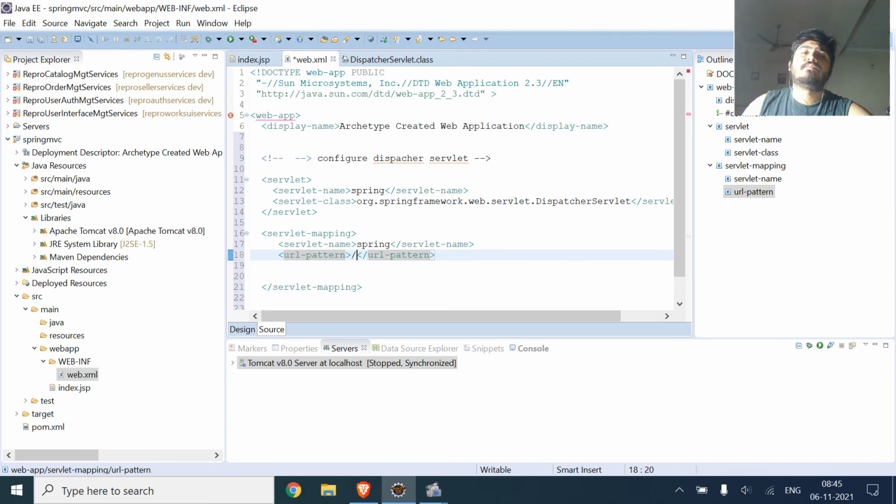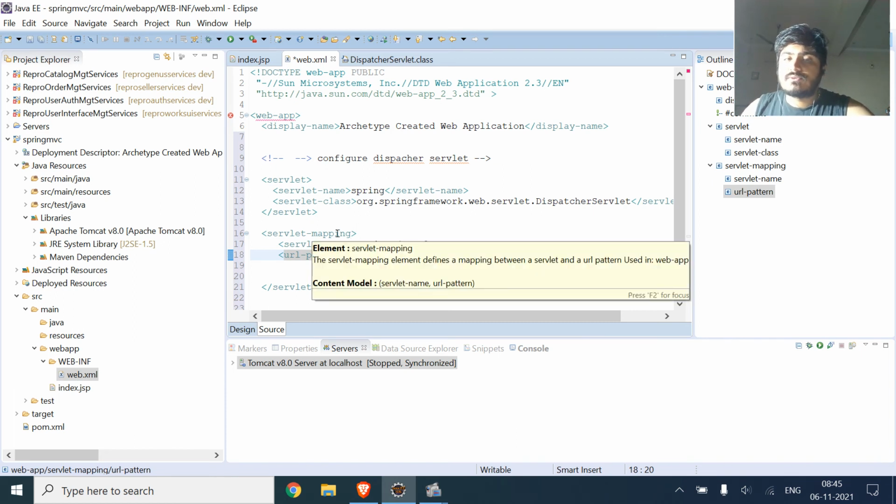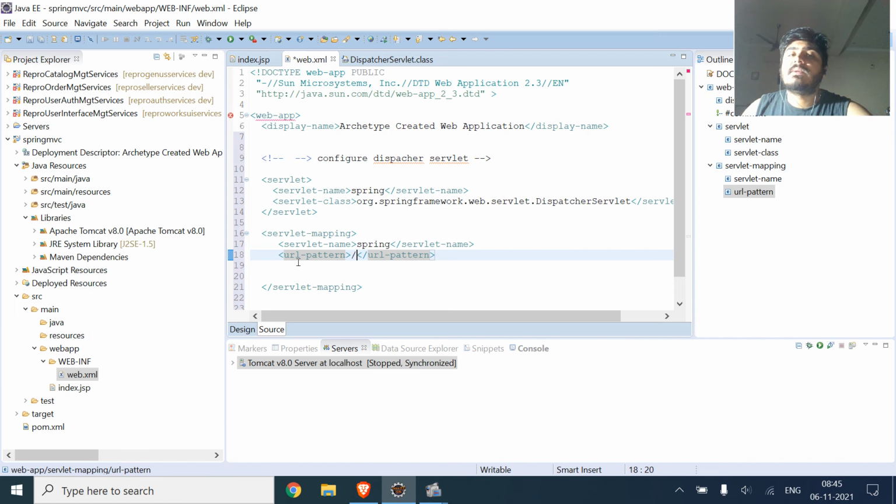So now in this we have given the mapping tag also, servlet mapping. In the mapping, servlet name is given and URL pattern is given.